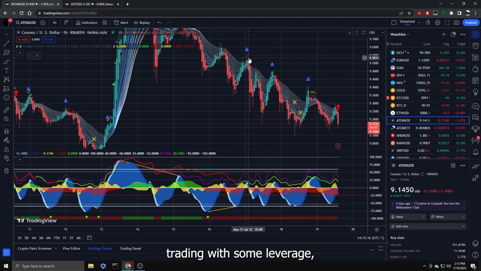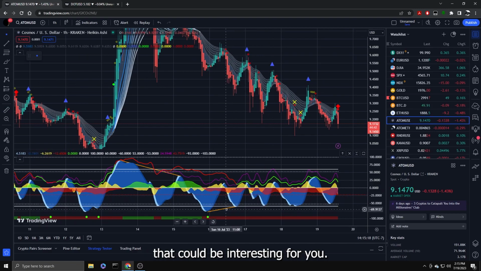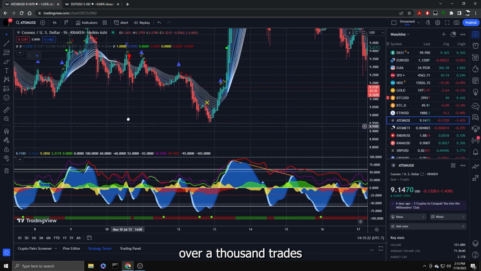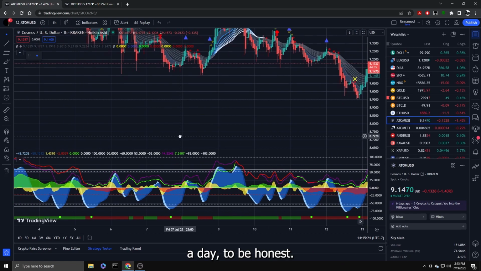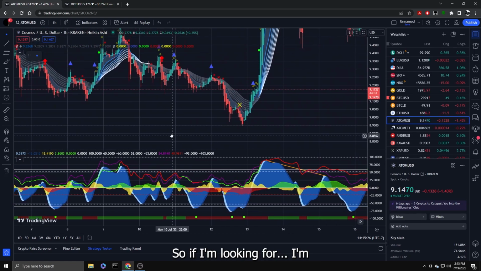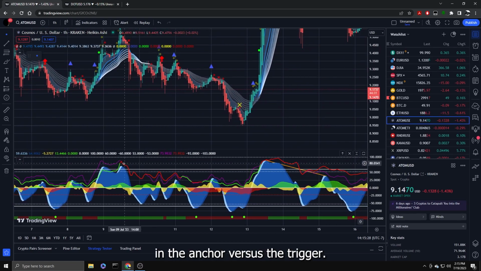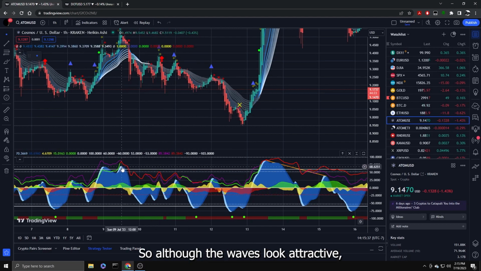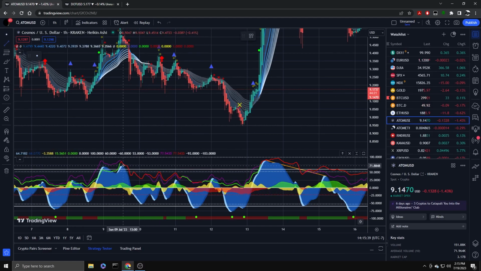So if you're doing scalp trading with some leverage, that could be interesting for you. But I don't feel like stressing out over 1,000 trades a day, to be honest. So if I'm looking for a big difference in the anchor versus the trigger, plus the smooth money flow, which this is not. So although the waves look attractive, let's say you were to do this, you see this move